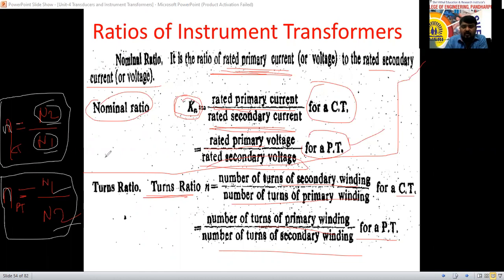So now you can tell, is there any difference? Now can you tell me? Rule number 10. N1 is the